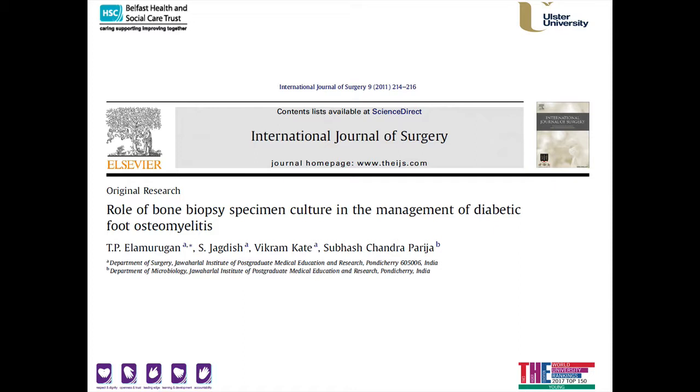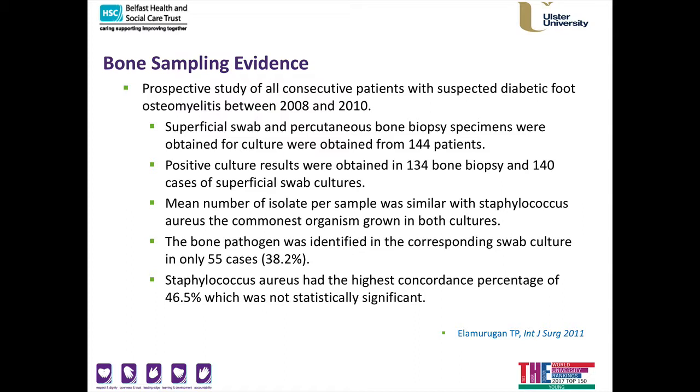So when we look for a more recent review paper, L.M. Murrigan looked at bone biopsy specimens in diabetic foot osteomyelitis. They looked prospectively at consecutive patients, and there were over 100, so it's a larger study from 2011. They looked at superficial swab and percutaneous bone biopsy, and they identified positive samples in nearly all patients, and the mean number of isolates was similar in both cultures, but the bone pathogen was identified only in 38.2% of cases,